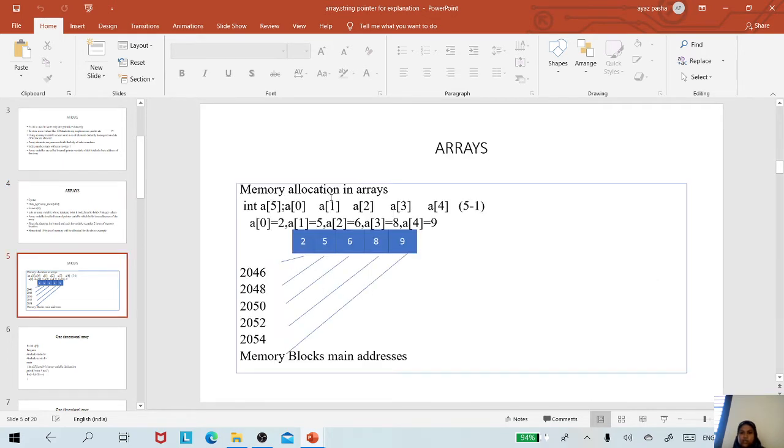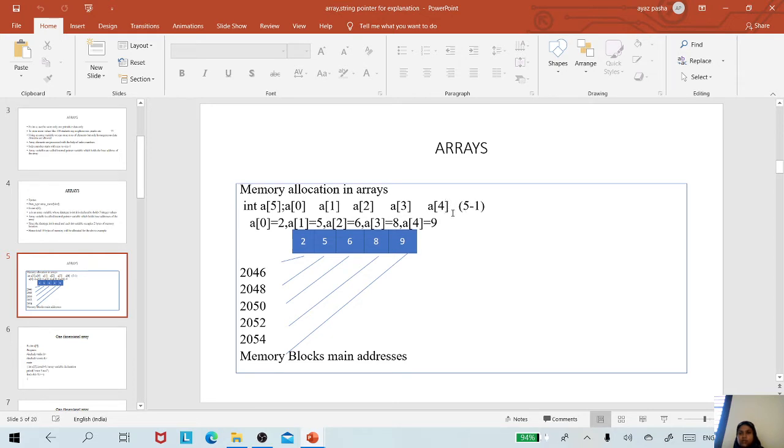Let us see how the memory allocation takes place. Int a of 5 is the example mentioned in the previous slide. That means the 5 elements are declared with the indices 0, 1, 2, 3 and 4. So totally 5 elements. The last element is a of 4, that is size minus 1.